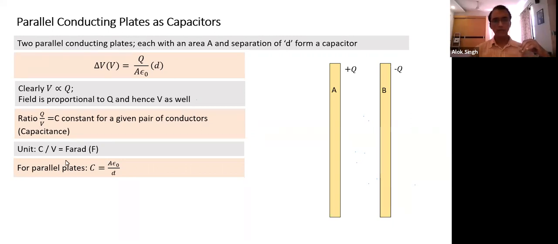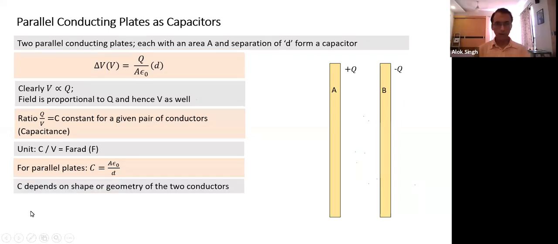Okay. So another way to define capacitance is: what is the charge I need to create a potential difference of 1? From this equation, I can define that. What is C equal to? C is equal to the magnitude of charge I need to place on the capacitor to create a potential difference of 1 volt. So if capacitance is higher, it needs higher charge to be given to the capacitor to reach a potential difference of 1 unit. This is nothing but the equation I'm stating in different words. C depends on the shape or geometry of the two conductors. This is one geometry, there can be various combinations. That's what we're going to study, the different kinds of combinations we come across, but the basic principle remains the same.